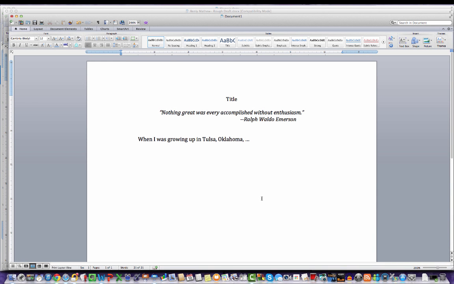Okay, so this isn't the greatest example here, but I put up a title placeholder, and then I have my epigraph, one of my favorite quotes from Ralph Waldo Emerson: "Nothing great was ever accomplished without enthusiasm." And then I space down 2 or 3 spaces, and then I start the first paragraph of my essay. So that's an epigraph, and it comes at the beginning of the essay. People sometimes use a quote at the end of an essay. But remember, when you do so, you are also giving up the opportunity to have the last word in your own writing. So think about that carefully.